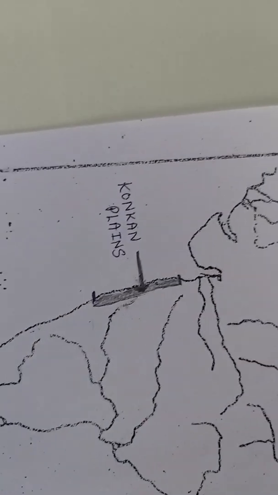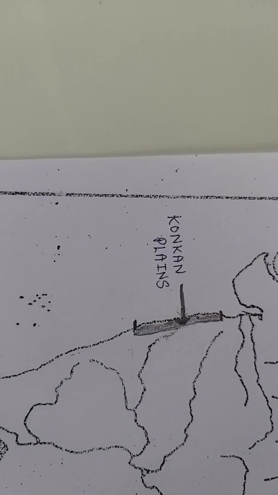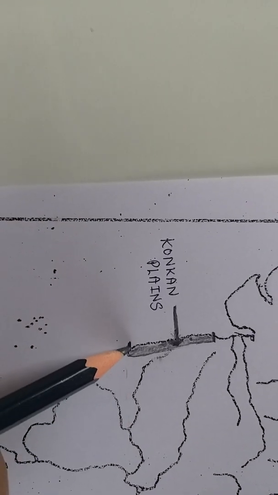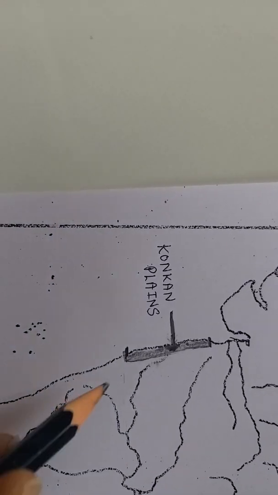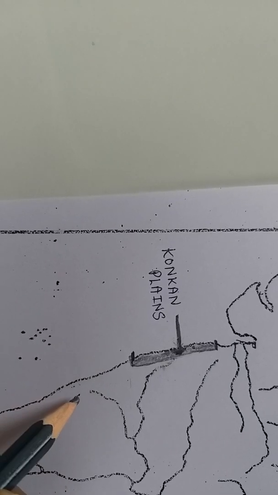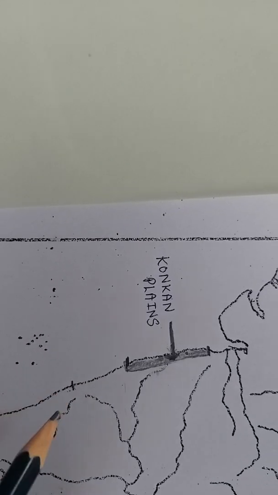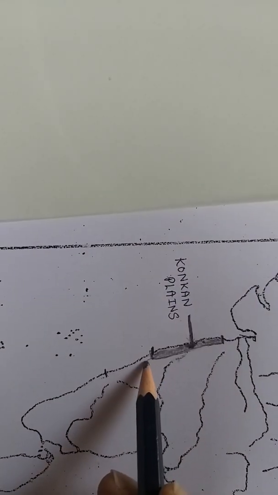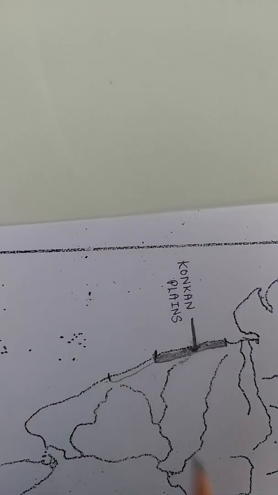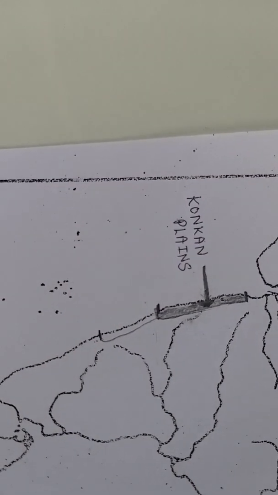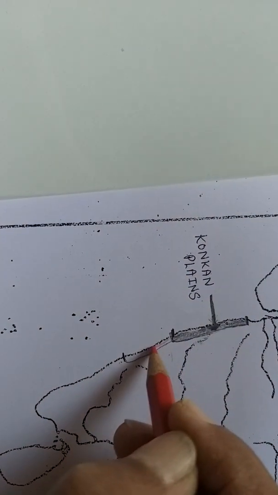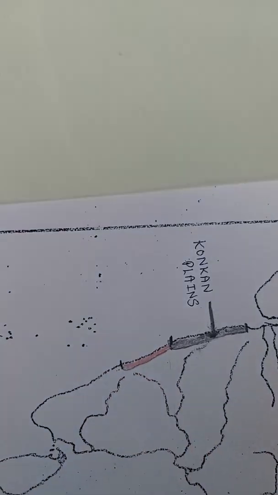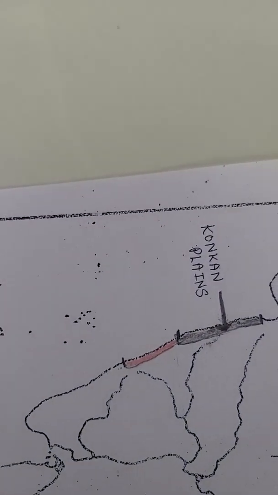Now let us mark the Canara Plains. Again the same boundaries we will take. In front of the joint of Tungabhadra, the mark of Konkan Plains is already there. The starting point of Kaveri river is the reference line. This much is the Konkan Plains. Let us take a parallel line to the coast, a very thin one. It should not be very broad, and fill the color inside. So this is Canara Plains.